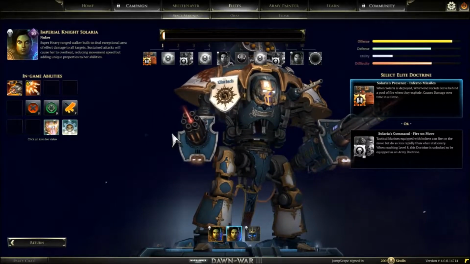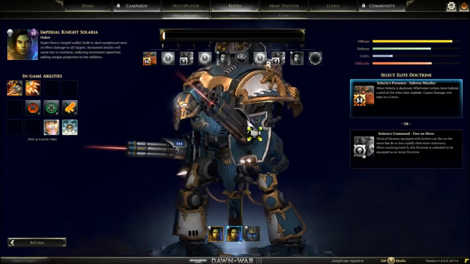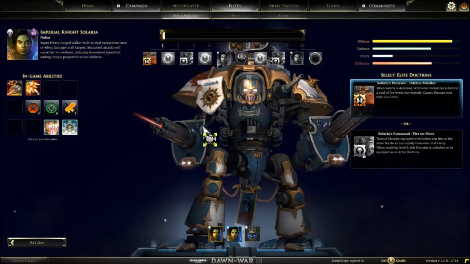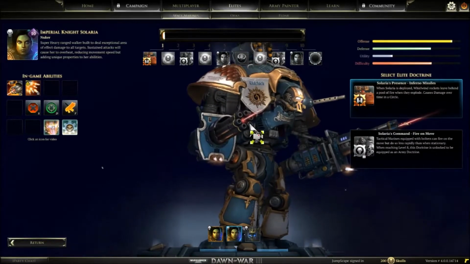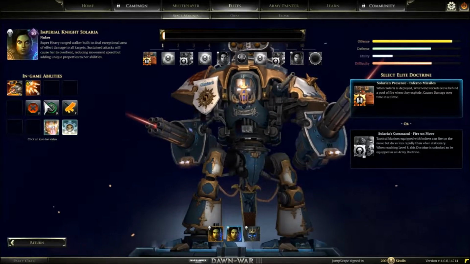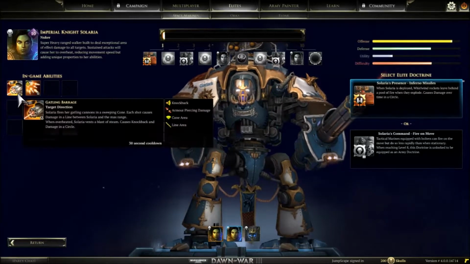She has dual Gatling cannons, as you can see, missiles on top, and it looks like a cannon. And also looks like she has lascannons in between the Gatling cannons. That's pretty nice. She also has flamers at the bottom. I'm guessing that's for melee. Anyway, her abilities are